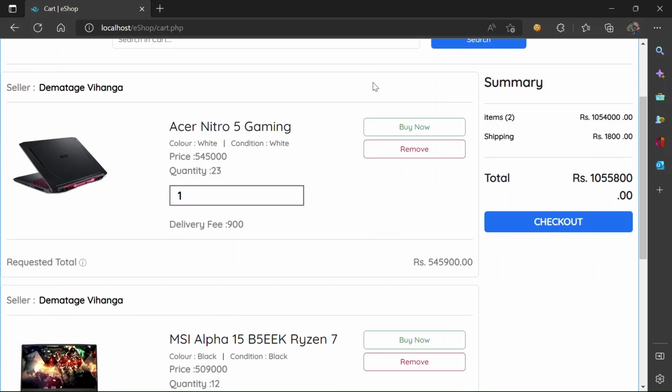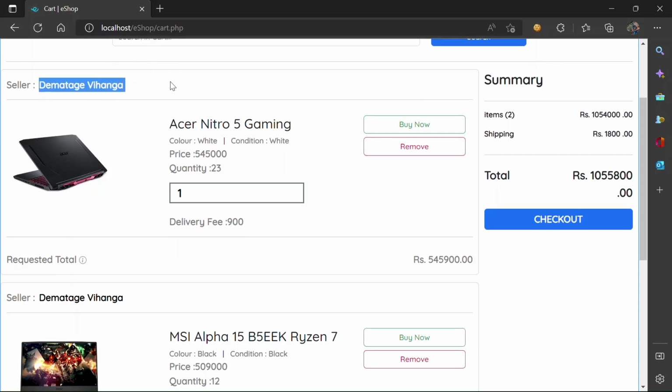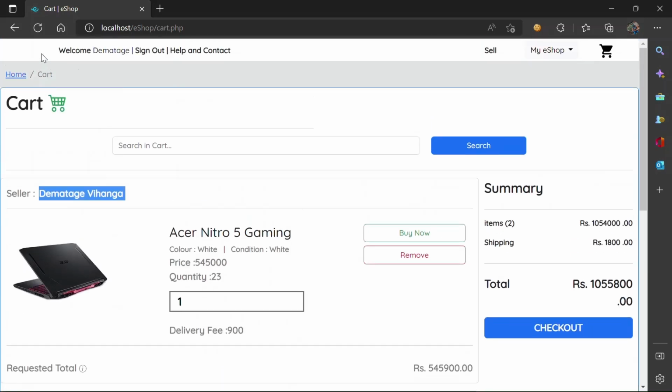Here you can see my cart. You can see the image and the name, color, condition, price, how much is left in the database, and the buy now and remove now buttons. You can see the summary here, and here you can see the seller name. Okay,